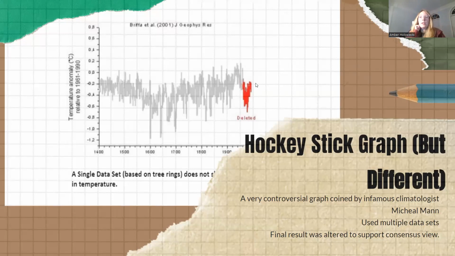Like I said earlier, Michael Mann did use tree ring data, but what I didn't mention is that he used 2 data sets, and also that tree ring data is a vastly unreliable source of predicting temperature. What he used, when I said he used 2 data sets, everything you see in gray was what he used for his tree ring data. But at the end, he used temperature ring data. Well, temperature stick data, I think is what it is, which is a vastly much more reliable way to use